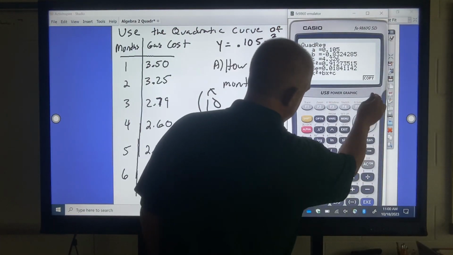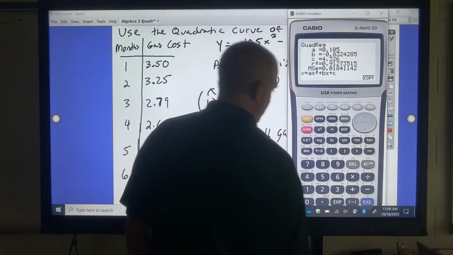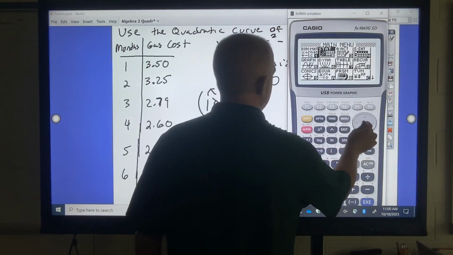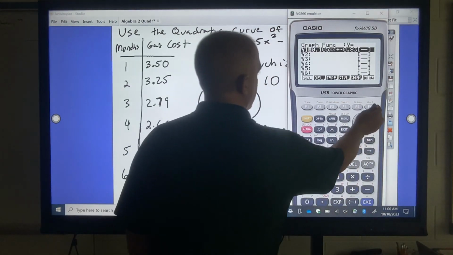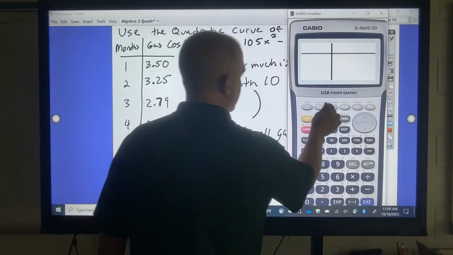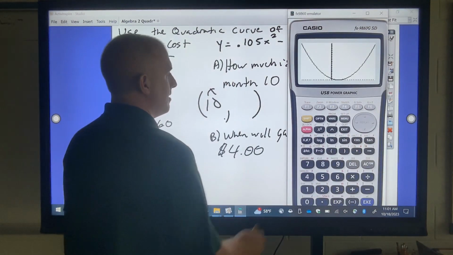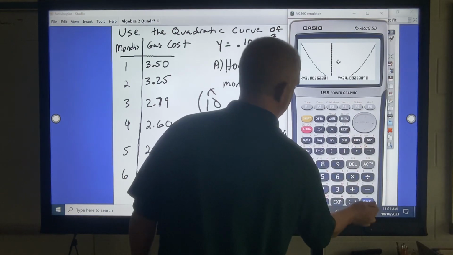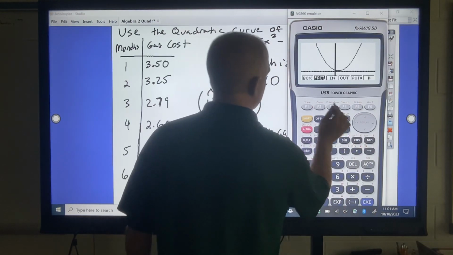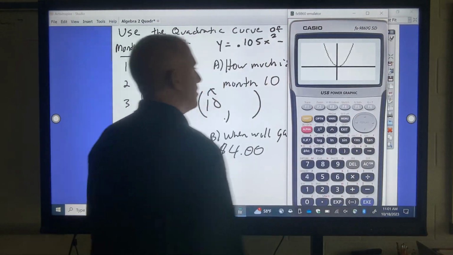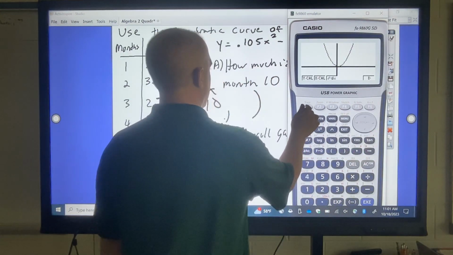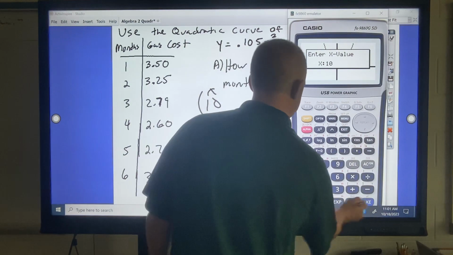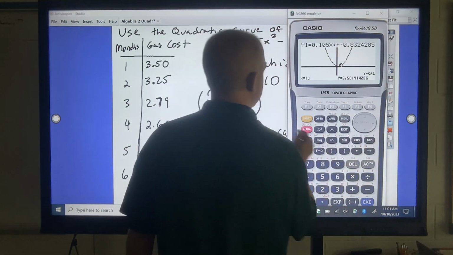So I'm gonna hit copy, F6, execute, that magically moved everything over. Menu and graph, make sure you hit select, okay? Draw, okay? I don't see it. I'm gonna hit zoom on, see if that helps. Yep, so I'm gonna zoom out, execute, okay? Zoom out, execute, okay? So I wanna do a y calculate. G solve, y cal, and I'm gonna put in 10, okay? And that's gonna be 6.50,